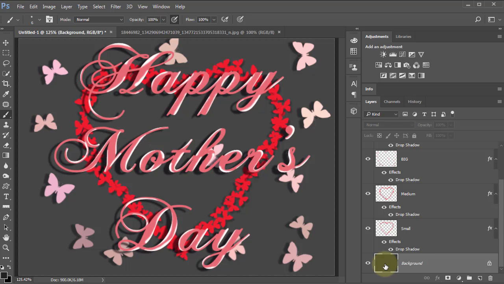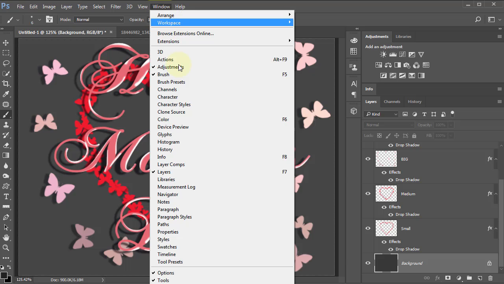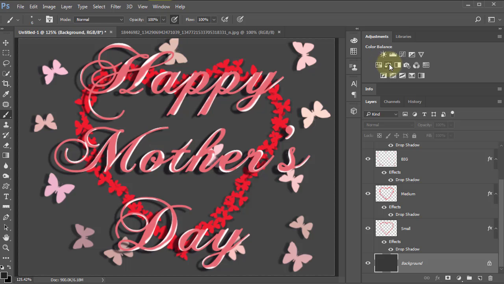Now another way, obviously, to make the background darker and not just keep guessing at how dark we want it, we can go and click on our little yin-yang symbol, but I like to go up here to the adjustments that are up here. If you don't see those, just go to Window, Adjustments, and you'll get this nice dealy bopper right here. I'm just going to go to the Levels Adjustment, and in Levels Adjustment I'm going to